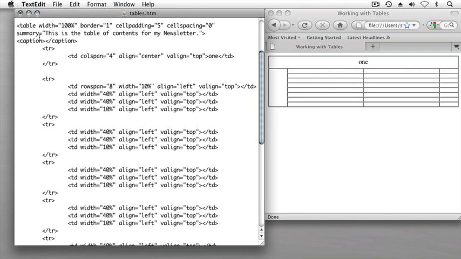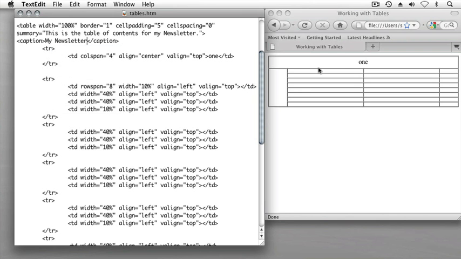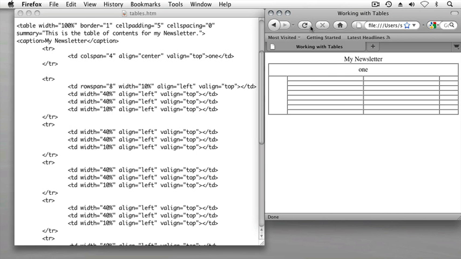And within these caption tags, I'll type some text such as my newsletter to complete that caption element, and then from the file menu I'll select save or Command S, Control S on the PC. I'll switch over to my browser and hit reload or refresh, and now I can see that caption is displayed before my table and is presented sort of like a legend to your table,